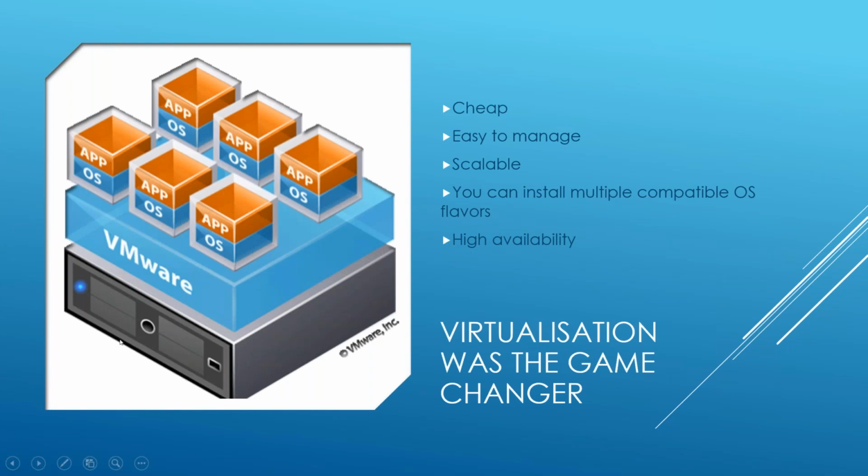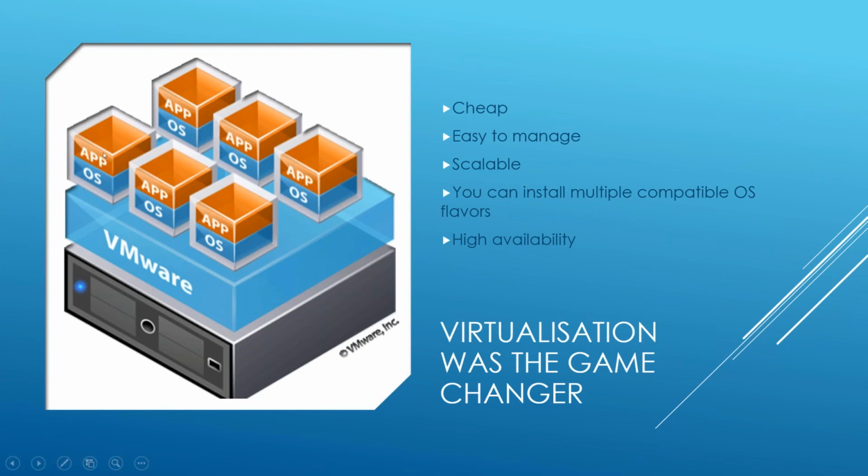So you have the hardware, and on top of the hardware you have the host operating system, just like normal. And on top of the host operating system, you install VMware. Using this software, VMware, which is hypervisor technology, you can have multiple logical servers in a single host. This gives you a lot of advantages. You no longer need to buy more and more servers. Within the single server, you can partition it and run multiple logical servers on top of a single host.